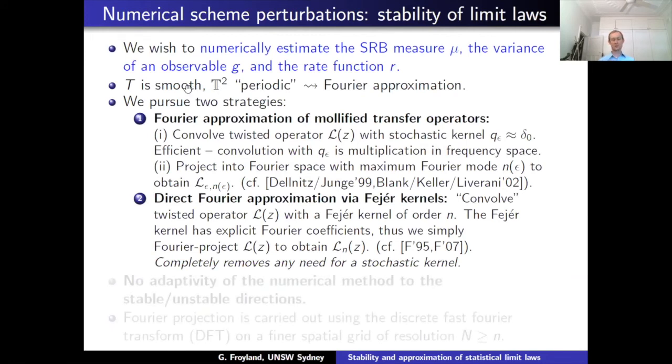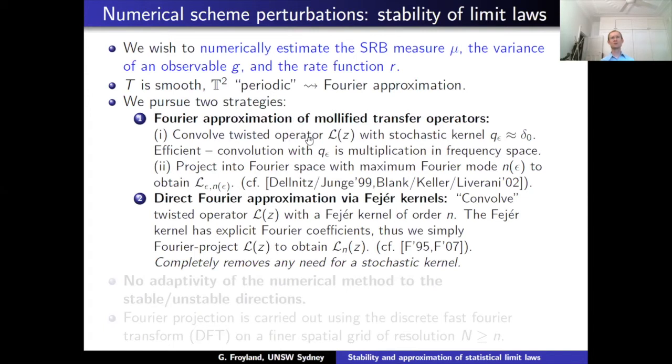Because we're on a periodic domain and we have a smooth map, Ulam is not necessarily a great thing, and in fact we can't prove anything for Ulam. So we're using Fourier approximation because this is much more natural. I mean, it preserves the smoothness and it's periodic. So there are 2 approaches that we use.